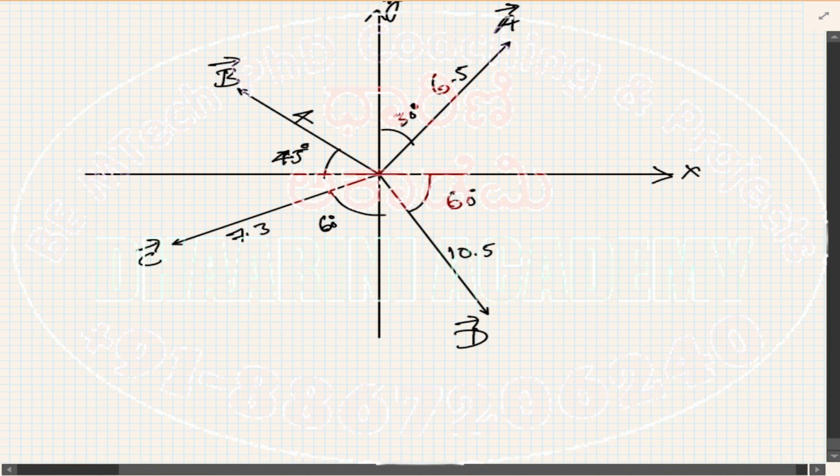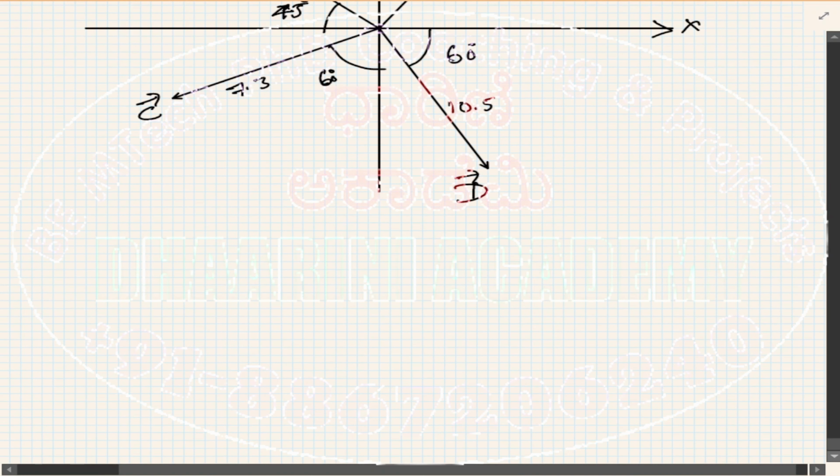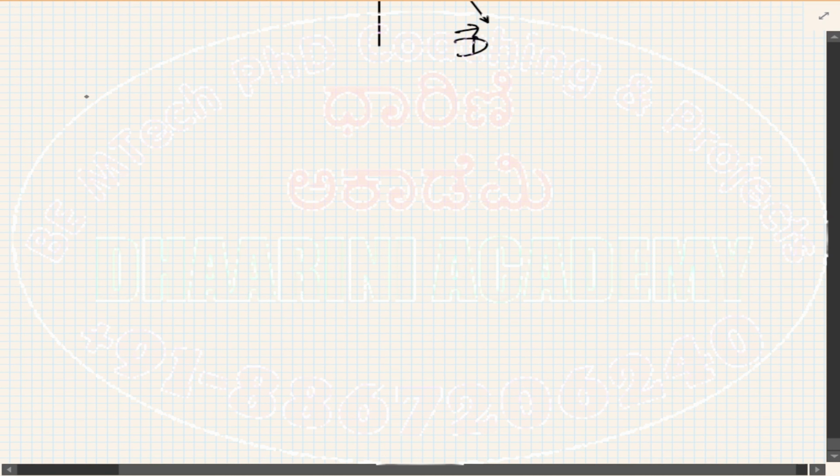Okay, so AX is equal to 3.25, and AY is 5.62. Okay, then